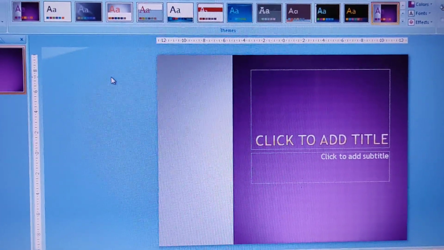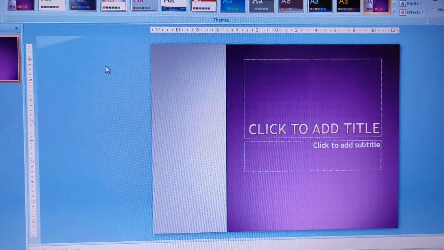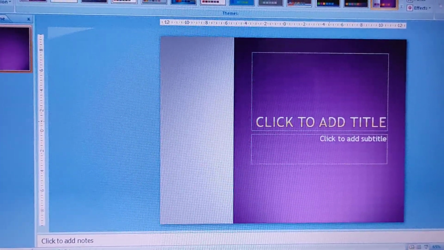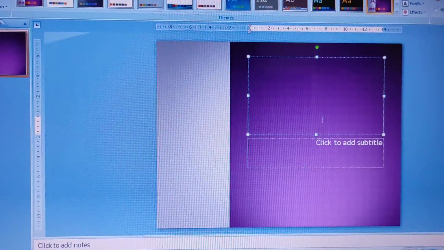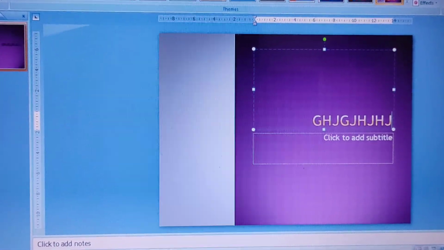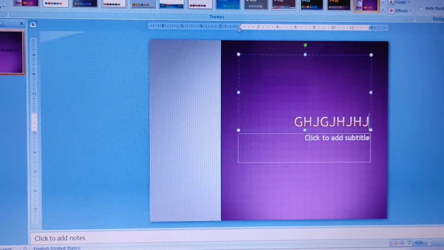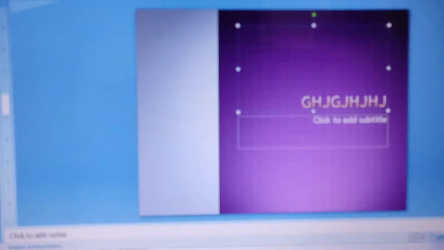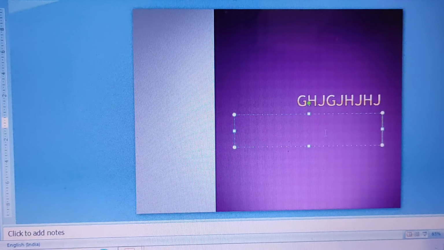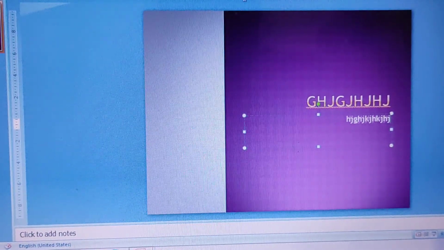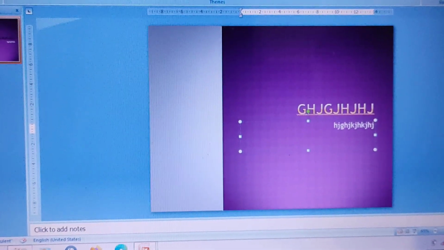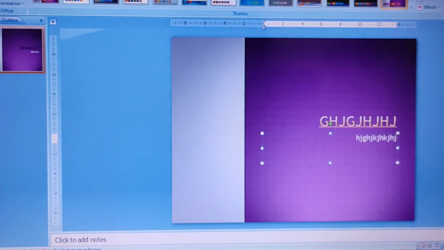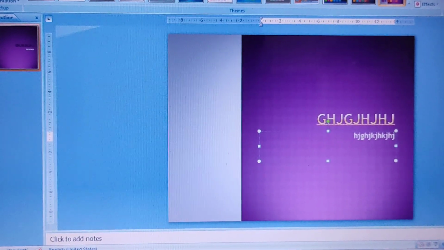So if you want to write anything in title, you have to place your mouse pointer on it and click, and whatever you want to write in title you can type. And for the subtitle also same method, place your mouse pointer on the subtitle placeholder. After that, click the left button of your mouse and whatever you want to type you can type it. So this is the simple method to creating the title slide. I just typed here roughly, you can type according to your requirement.